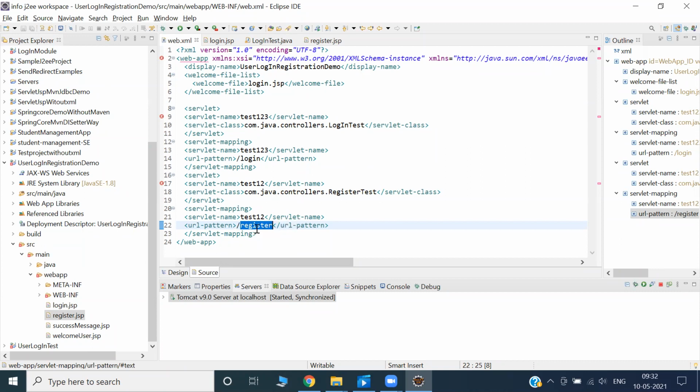Okay, can you see register is there? What is the action? What is the class related to this register action? But you might have noticed many times here we have nowhere used JSP, right? Every time it's a com.java something, a package name and the servlet name. So if you have a question, what about JSP? Suppose I want to send the data related to the action register to a JSP. In that case, what will happen?